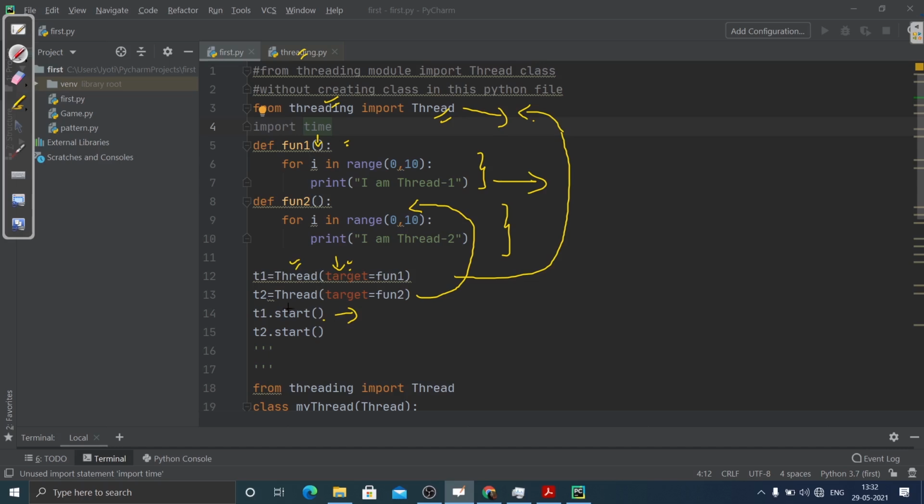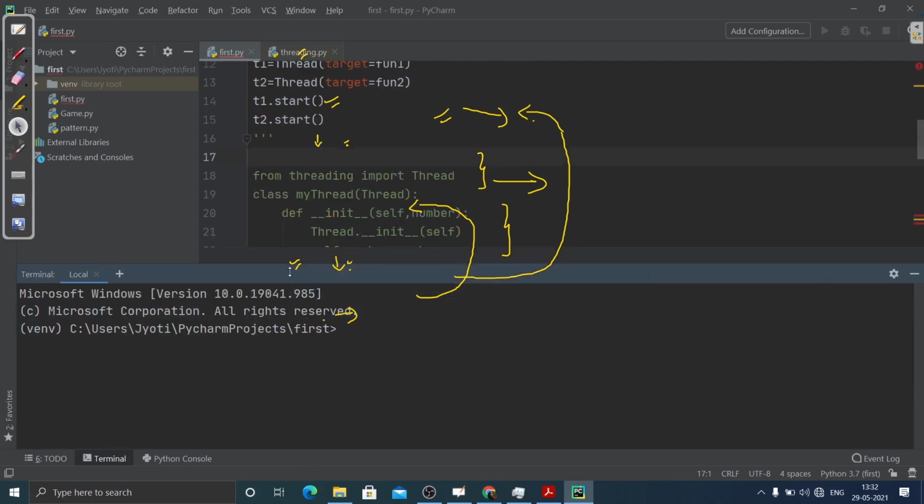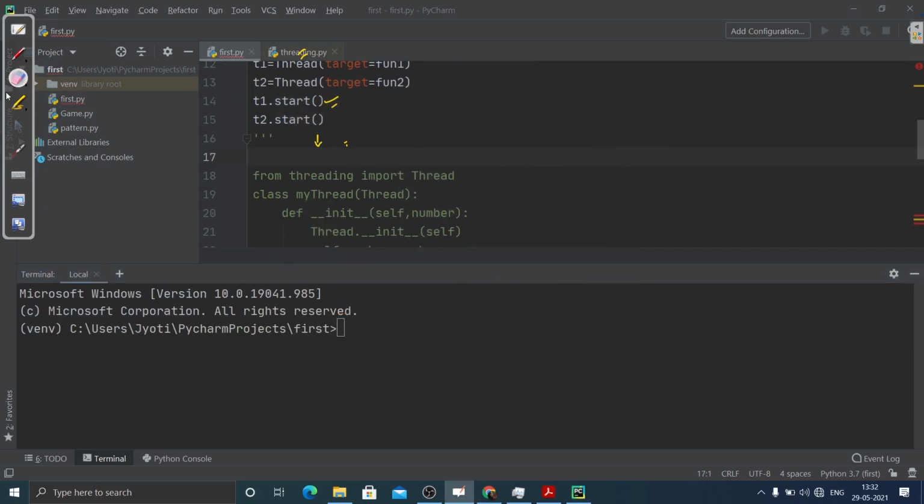So if we run this part of the code, let me just show you how it works. Let me just clear this board. What we are doing first, we are just creating.